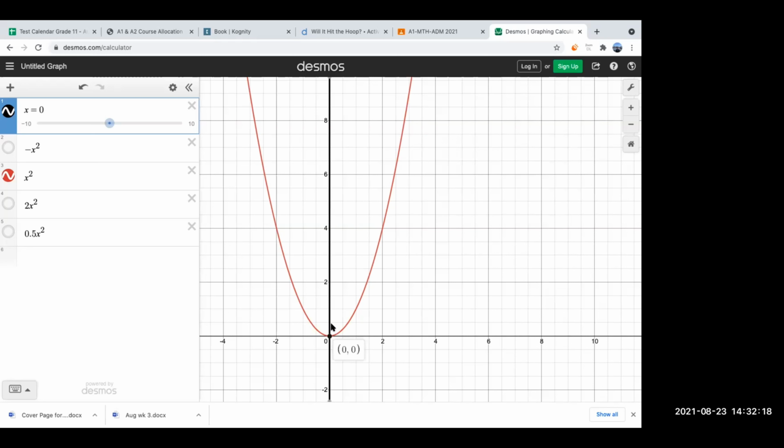Now, what is the minimum value of this quadratic function? When you are asked the minimum value of the function, you check the minimum value of the y coordinate on the function. So what is the minimum value of the function? 0. Okay. Now tell me, if the equation would have been plus 2,